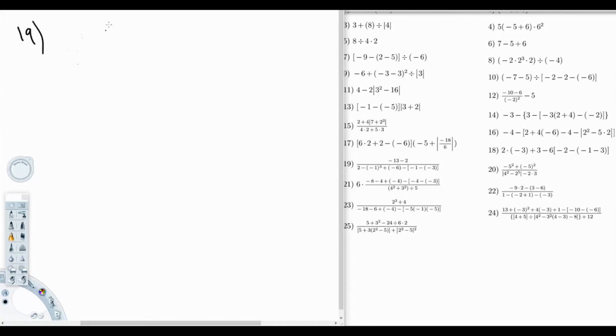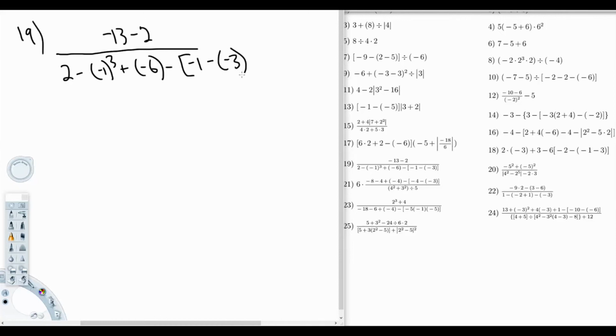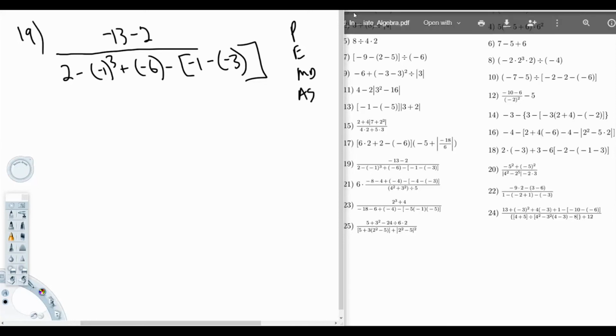19. Minus 13 minus 2 over 2 minus. Oh, that's so sneaky. Plus minus 6 minus 1 minus 3. Boom. Okie dokie. So going back again, we start with the parentheses, the exponents, multiplication, division, addition, and subtraction. Okie dokie. So